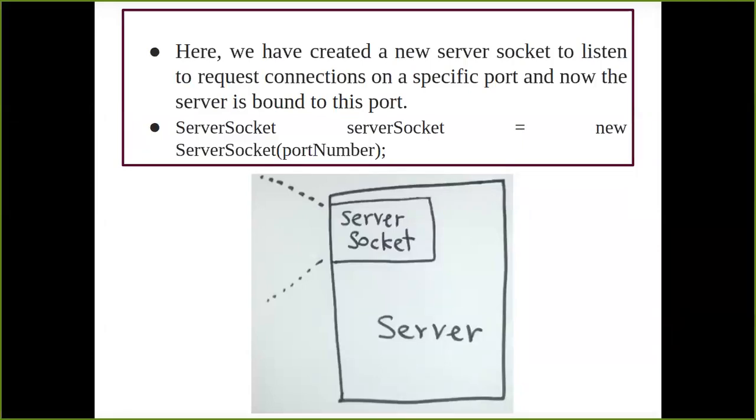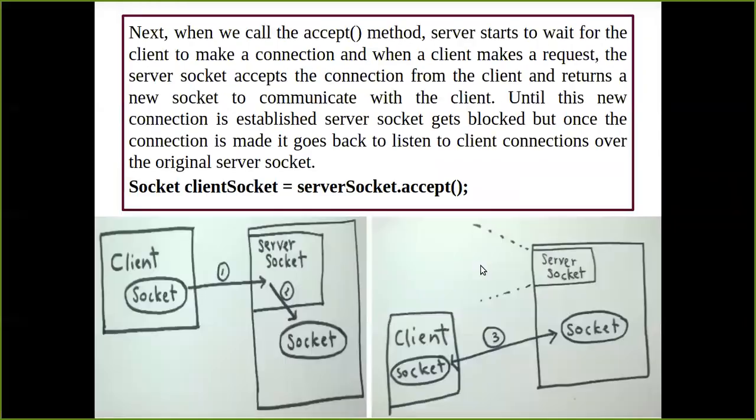Okay, so I'll just give you the syntax for how you're going to first of all create a server socket in your program. So we have a ServerSocket class. This is going to be your object. Okay, this is like your constructor, and what we have over here is a port number. So we have to just mention inside this constructor the port number on which my server socket wants to accept the connection. Okay, so this is one part we have done.